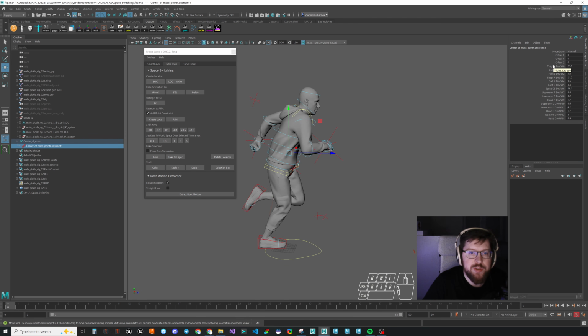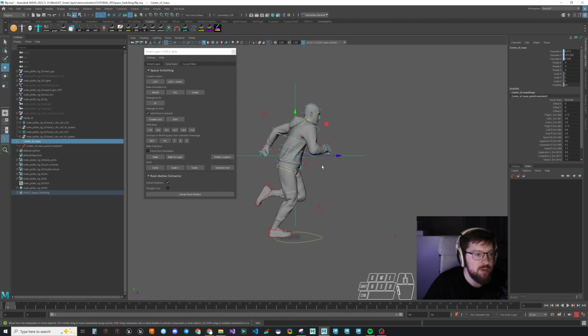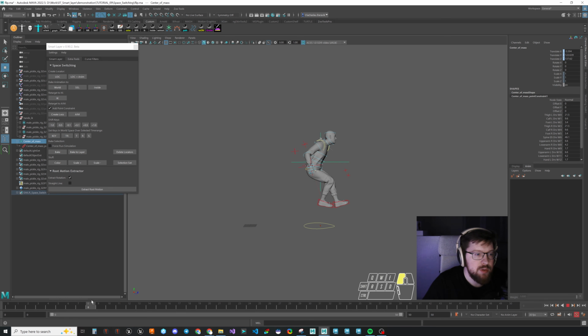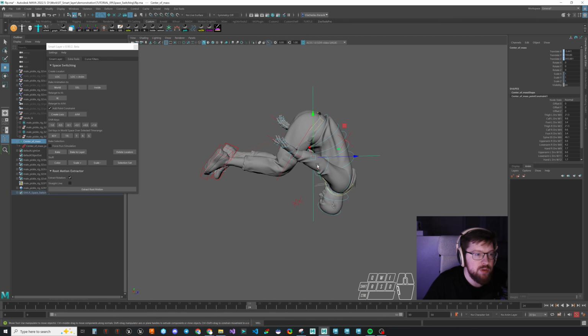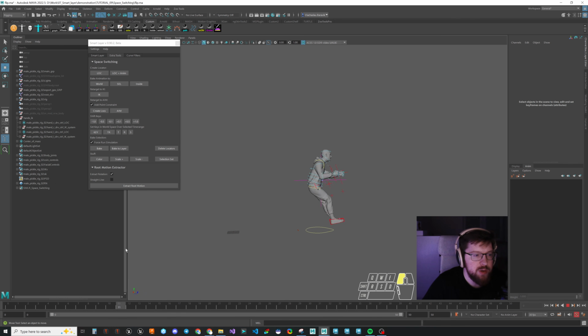So I roughly set the values of the weight of the point constraint of our center of mass, and the center of mass locator is somewhere here. Maybe I can assign some different color. So as you can see, when the character jumps, the center of mass will be in some point somewhere here. So after I got the correct center of mass